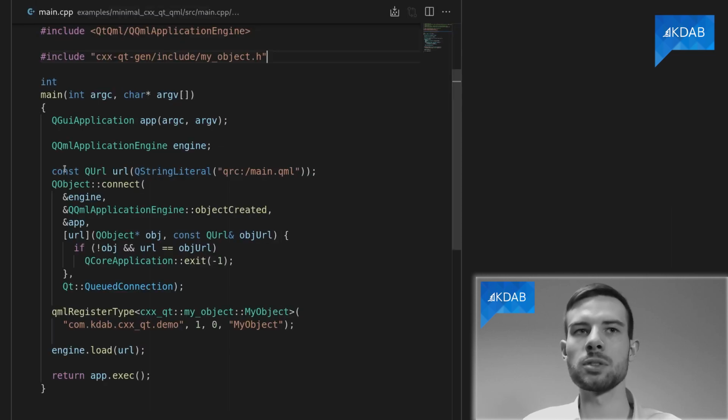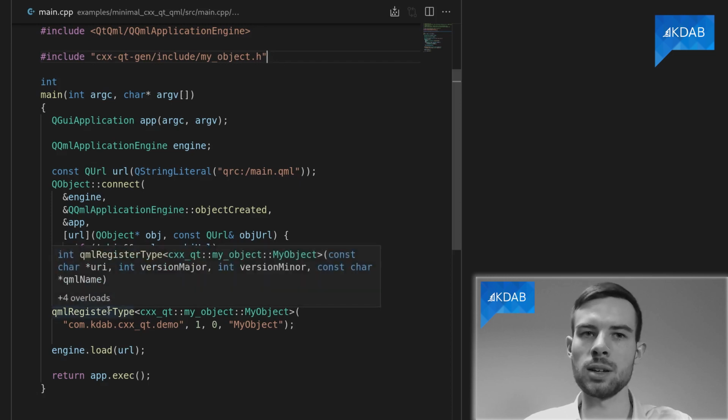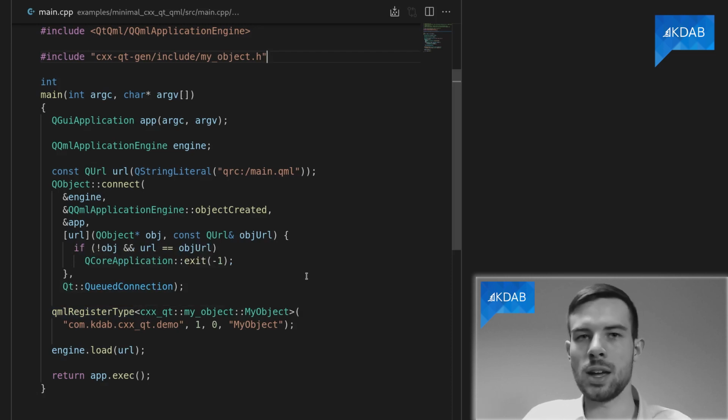And once we have those C++ classes, we can go into the C++ setup code that we already need for Qt, use the header that was generated for our myObject subclass, and then register that type to be accessible in QML under the name of myObject. Or we could just use it as any other C++ type, because again, this is just a normal QObject subclass.